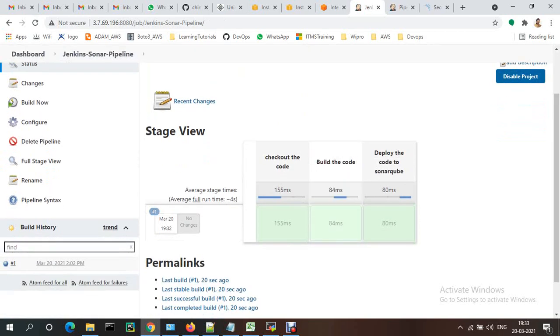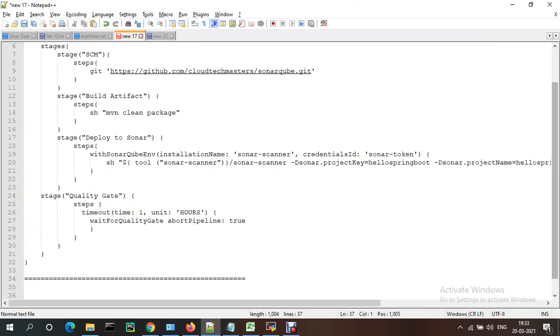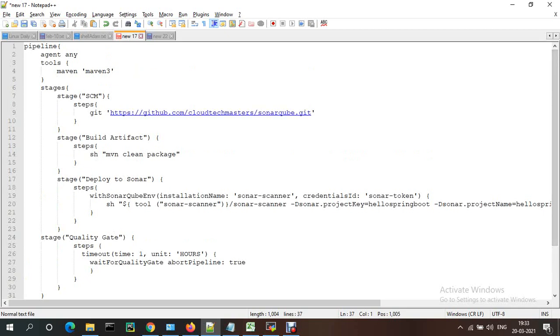This is stage 1: check out the code from SCM, build the code and deploy the code. Now I'm replacing it with the exact code. This is the pipeline code. Syntax is the same, it starts with pipeline.